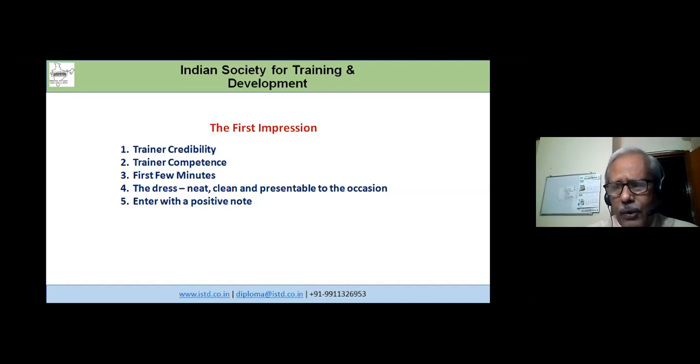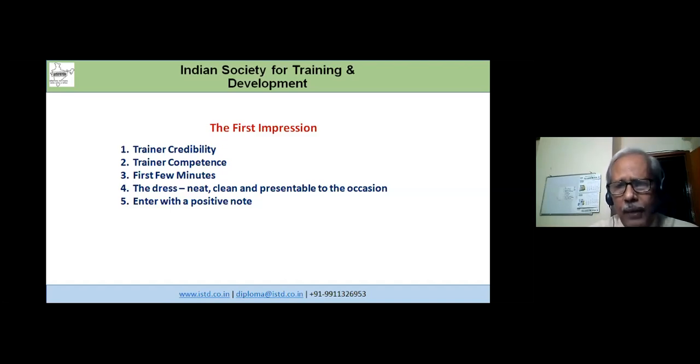But if you're talking to the people who are at the shop floor level, or at the level of the subordinate staff, then if you wear something very gorgeous, suit and boot and your tie and all that, that may create some difference. So according to the requirement of the level of the training, we must choose the dress. The most important part here is to look into how the trainer is going to come to the level of the trainees. Trainees must feel that this person is like one amongst us, right?